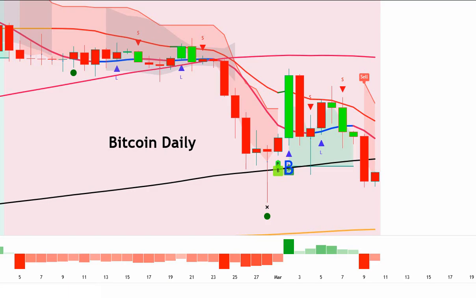Now again, make sure you watch the video all the way through because I've got really important things talking about the divergences that could be in play at the support zone or just under this area. But again, you've got a divergence complete now because the RSI doesn't look at the close. But we've had these bullish signals surrounding the 200 period moving average. Now we're testing it again.